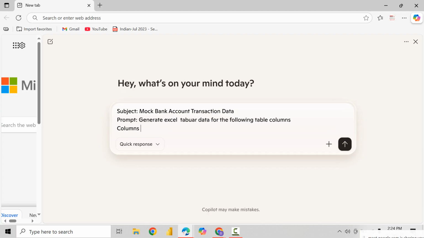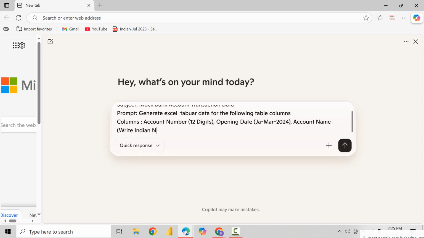So the columns are account number, 12 digits, opening date, January to March 2024, account name, write Indian names,